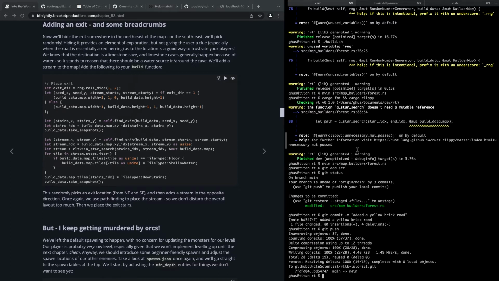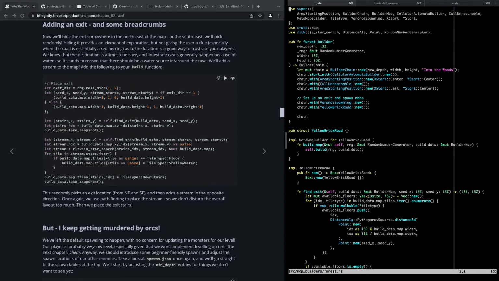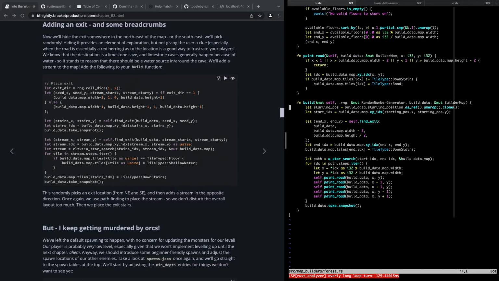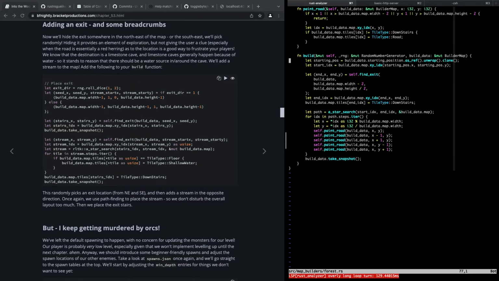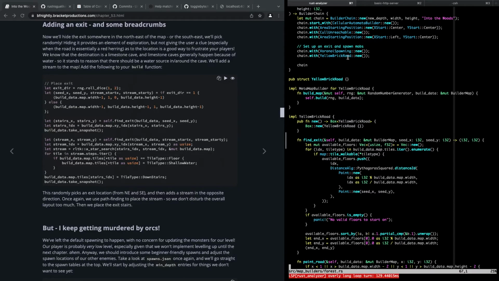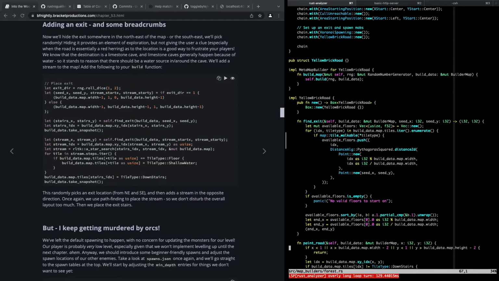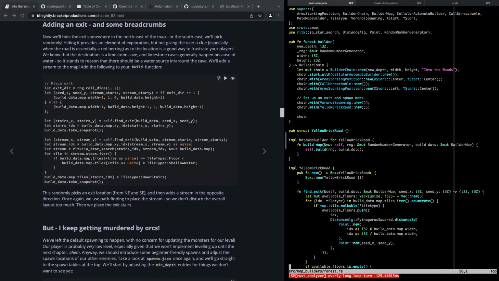I assume for the forest build function. Here's our forest build. We must be placing an exit somewhere. Oh, right. We place the exit using the yellow brick road code. Right. This is the forest builder. But we don't want to use the yellow brick road code to do this, right? We want to